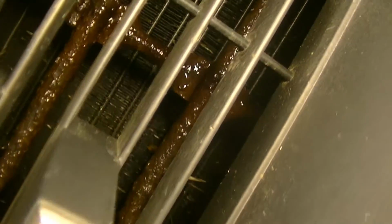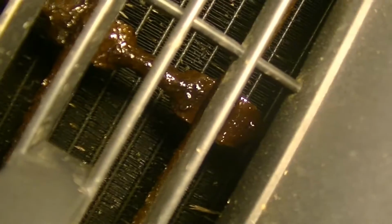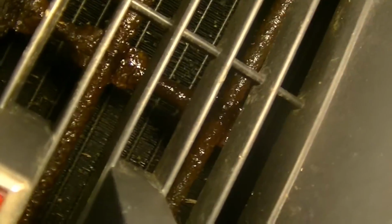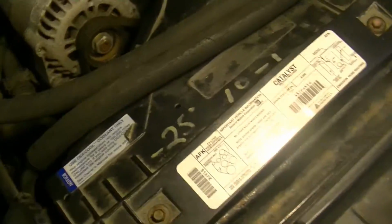Aha! That's a cooler, and it's pretty wet. And I just followed that up from where it was dripping. I had it running, and then there was an active drip while it was running. So let's get back in there. I'm going to take off the fan shroud. There's 3 bolts up here, 2 on either side